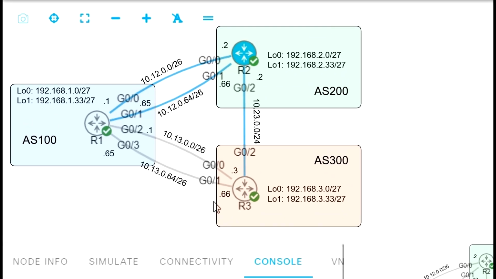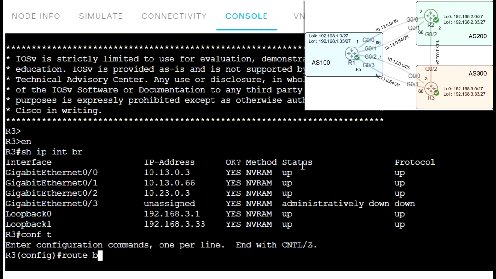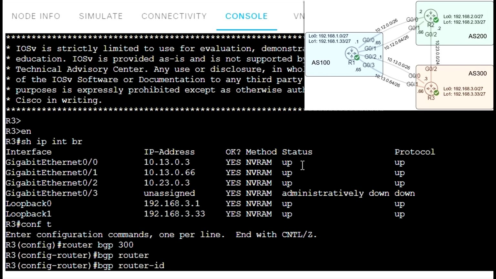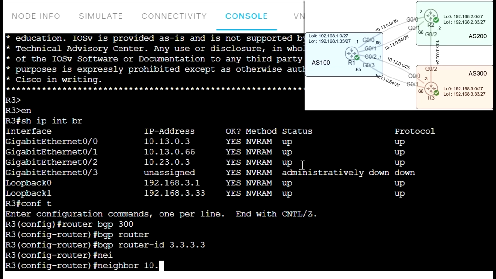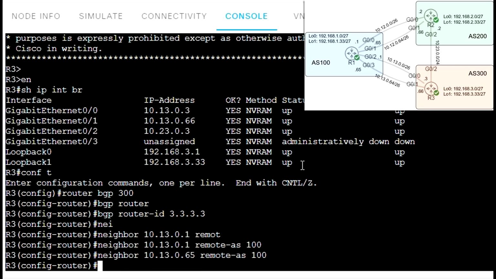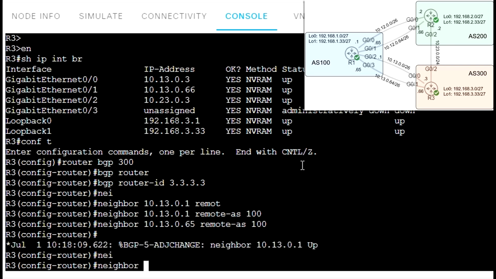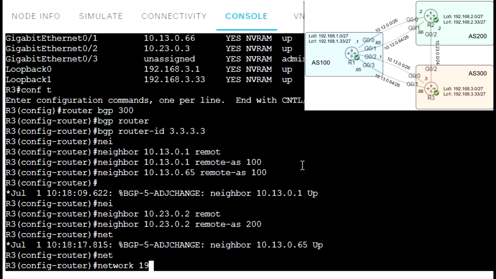So let's do router R3 then. Router BGP 300, BGP router ID 3.3.3.3, neighbor 10.13.0.1 remote AS 100, and the second one for router R1 65, and the last one for router R2 neighbor 10.23.0.2 remote AS 200. And we need to advertise our networks